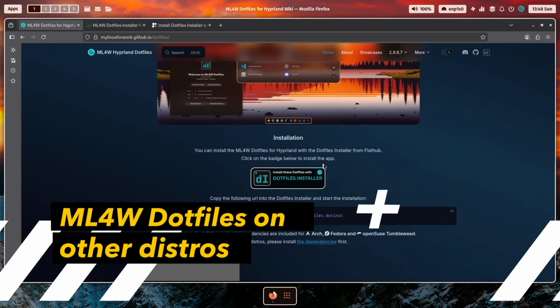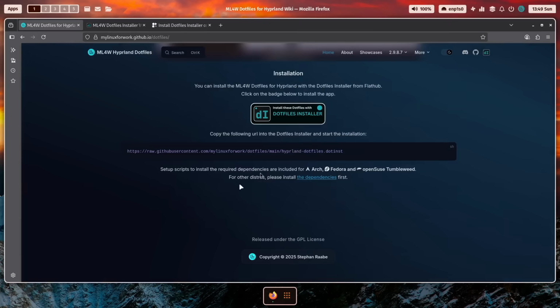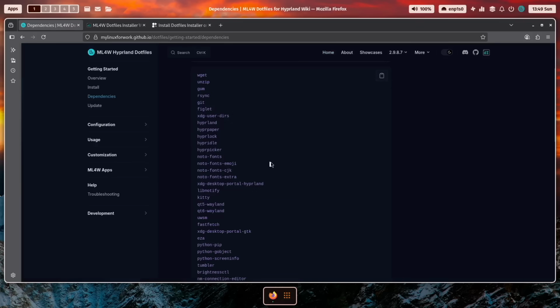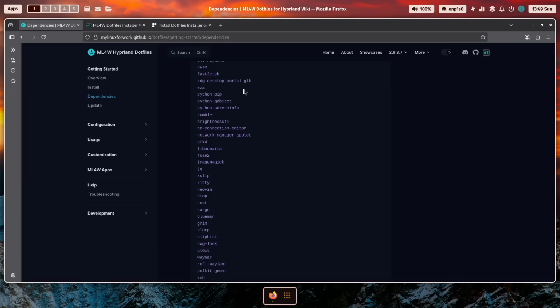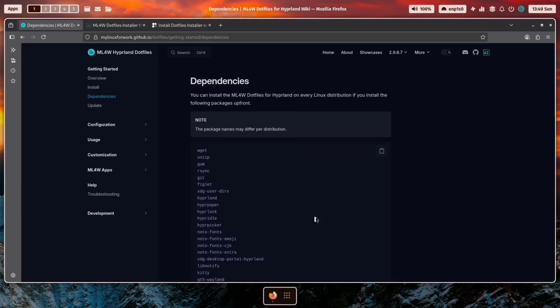If your distribution is not supported, so it's not Arch, Fedora, or openSUSE, you can still use the Dotfiles installer, but you have to install the dependencies separately. And you see here on the website of the My Linux for Work Dotfiles all used packages and dependencies for that configuration. So this needs to be installed separately. Okay, let's